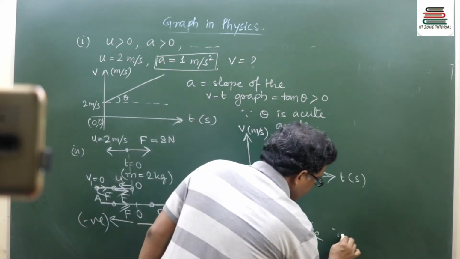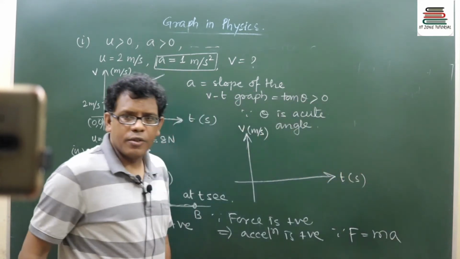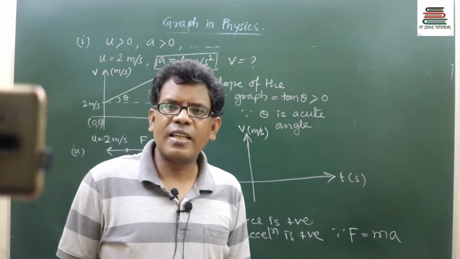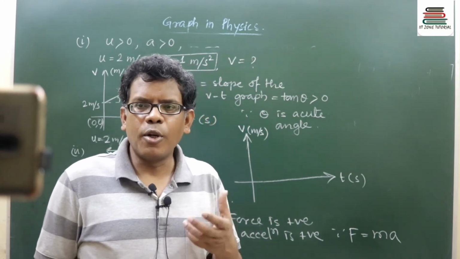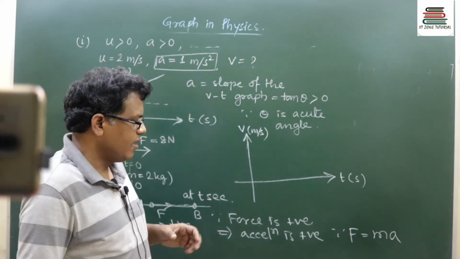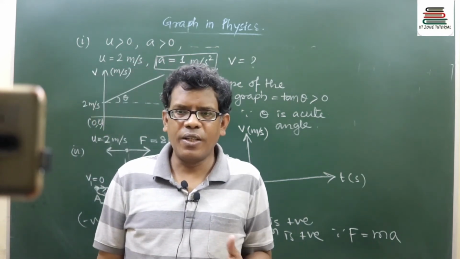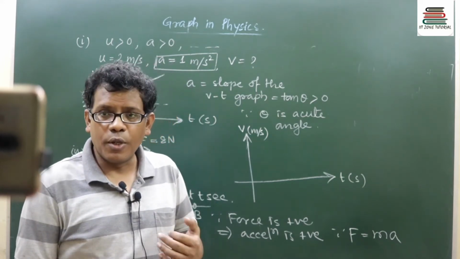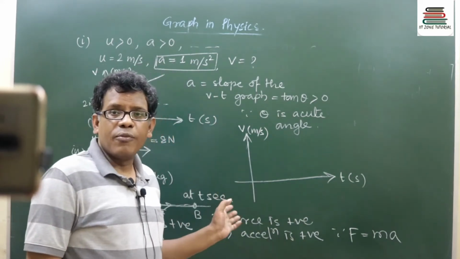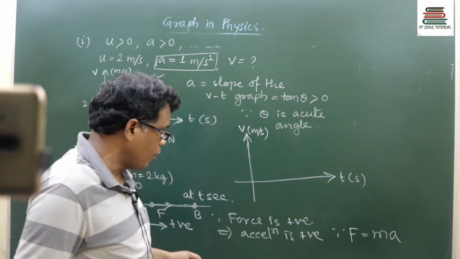because force produces the acceleration. Who produces acceleration on a mass? The force. Force acting on a body produces acceleration, isn't it? Don't we write F equals ma? Yes, we know. Unbalanced force produces acceleration. So, if force is positive, the resulting acceleration will also be positive.